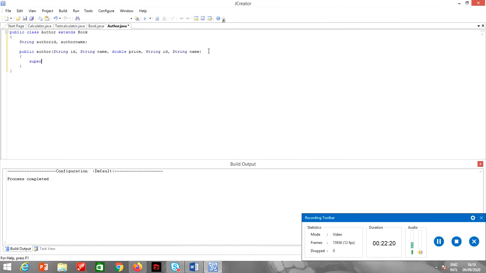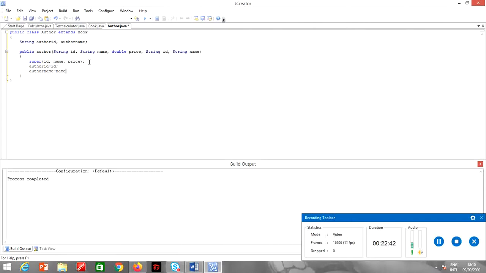So super, and I will pass here ID, name and price. Then author ID is equal to ID, initializing this class variable.